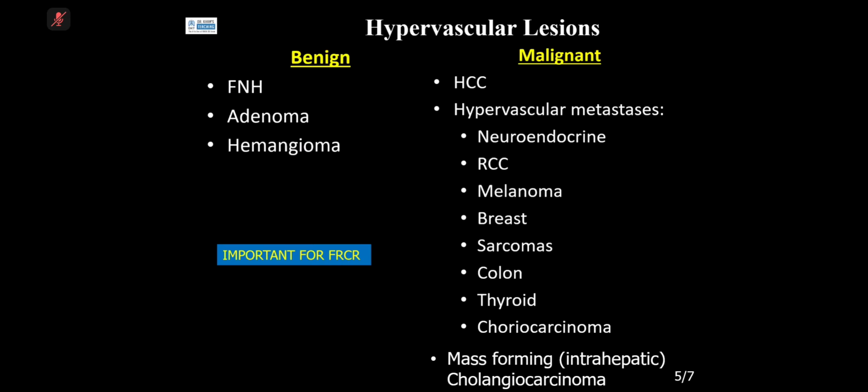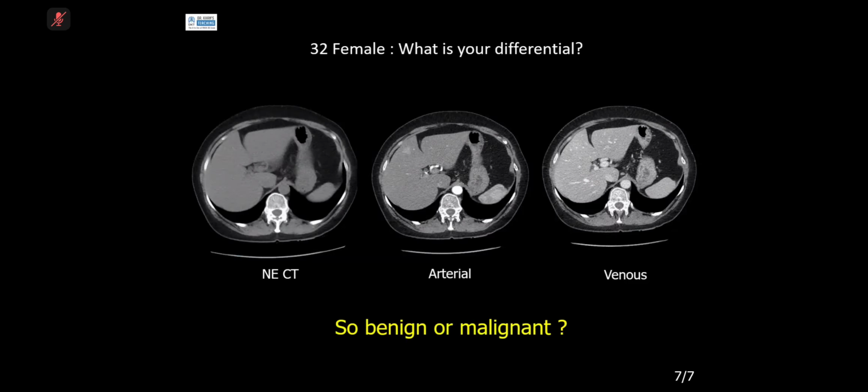are these. And this is an exam case. Take a screenshot of this because this is what they will ask in the exam. What kind of metastasis can be hypervascular? The list is more than what I have shown you here, but at least try to go through this. Now, if you see here,